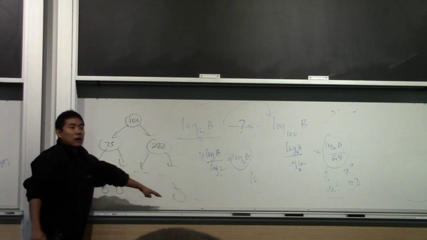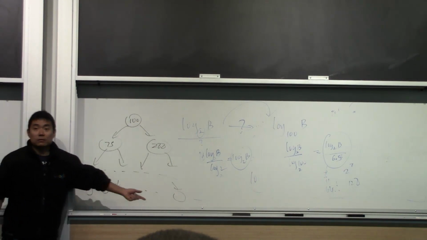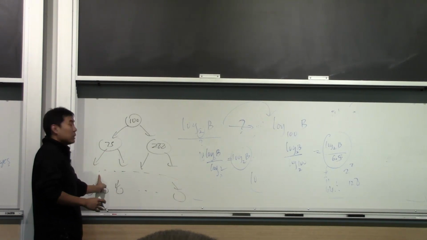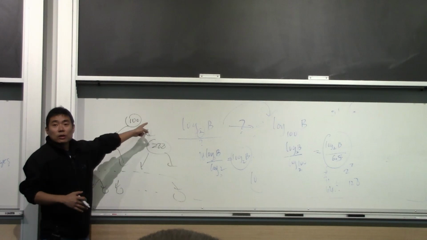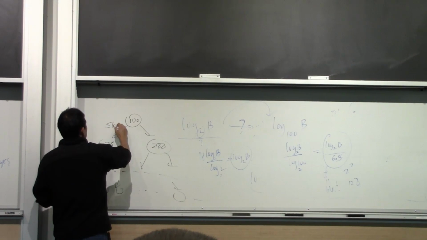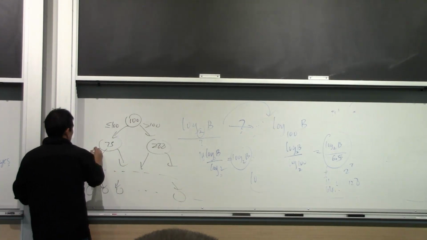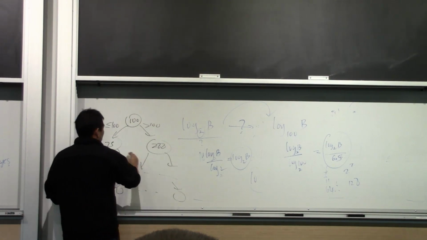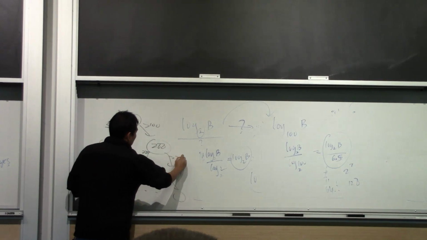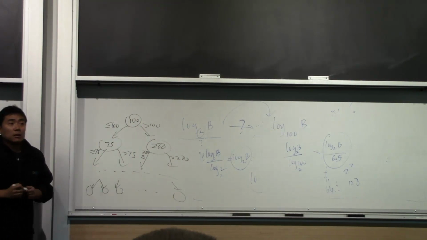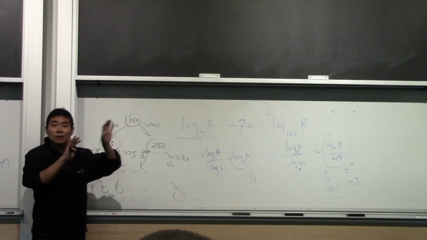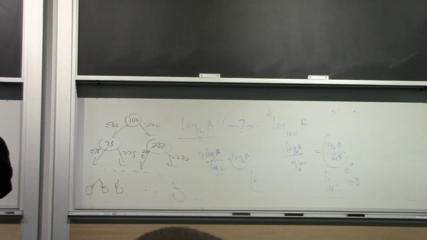So these are all the items in your data set at the leaf level, and they are sorted, and you pick the middle value. For every 2 values, you recursively do this, you build a binary tree. And the idea is this is less than 100, this is greater than 100, this is less than 75, and this is greater than 75, and so on and so forth. This is less than 288 and greater than 288. Sometimes you can have less than here and greater than or equal to on the right hand side, but that doesn't really matter. Does that make sense?